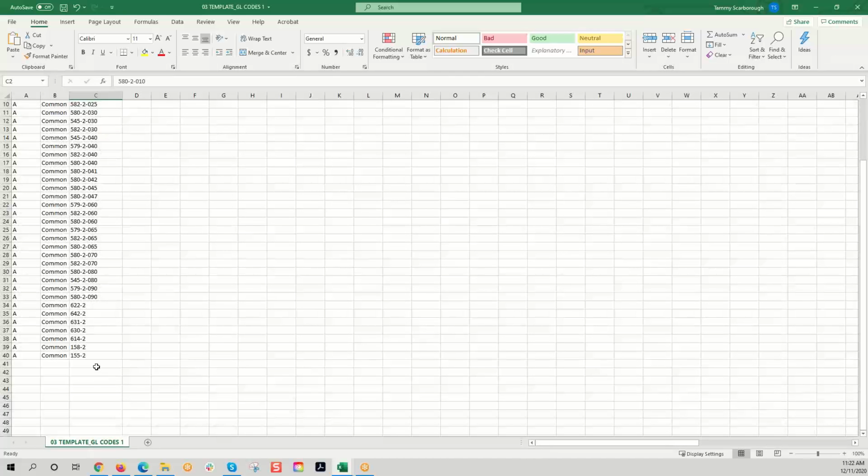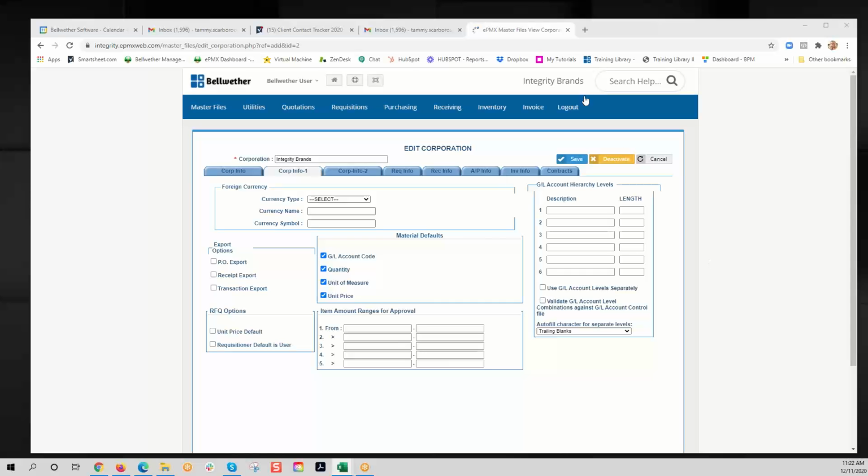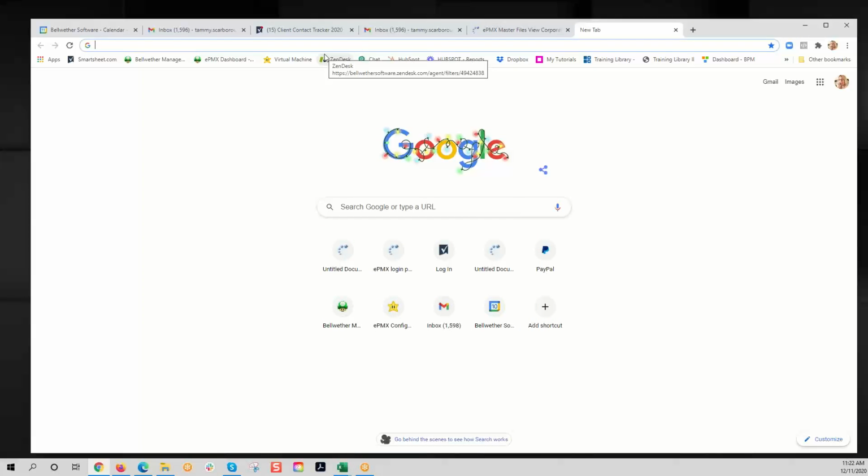See how he's only got 40. That's not many. He's got all of his here. He's got his departments 580, 545, 579. And so this is what I mean by one string. This is the template I used. Literally, that's all I have to plug in. And then what happens is when we go to his site, which I'll show you,